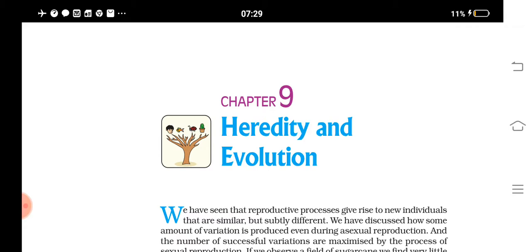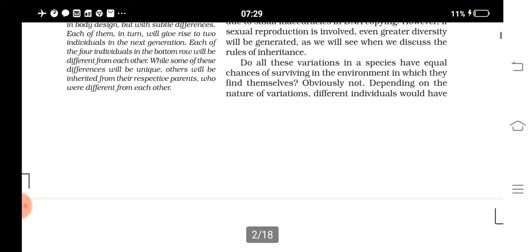Or take the example of flower color. If a cross is made between a plant producing violet colored flowers and a plant producing white colored flowers, then it's an example of a monohybrid cross. Why? Because we are studying only one character and its inheritance. The study of the inheritance pattern of one character is called what? Monohybrid cross. So let's study how this was done by Mendel.